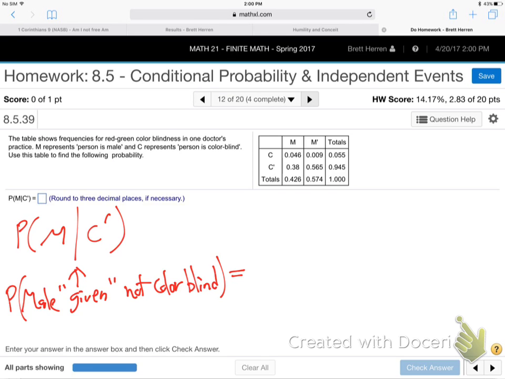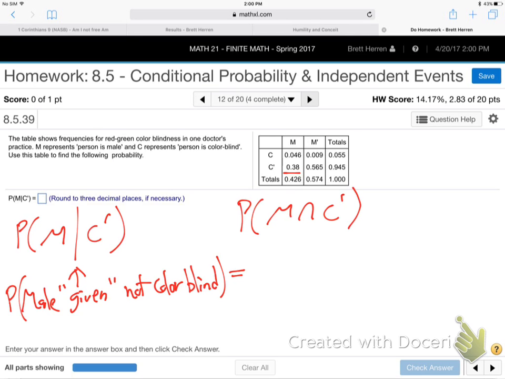0.38 would be if they said M and C bar, right? The 0.38 would be if they asked, what's the probability that it's M and C bar? Because that is the 'and'. That's the number that are colorblind and male. Did you divide it by the total of males or by the total of,